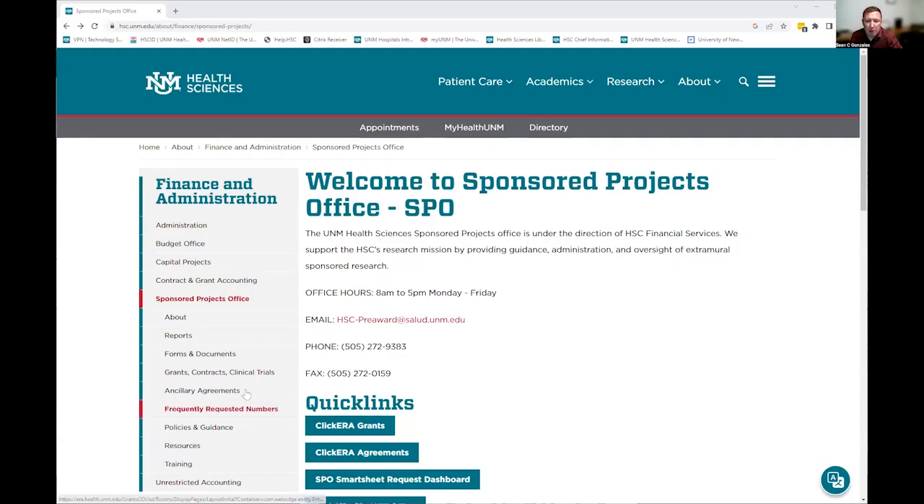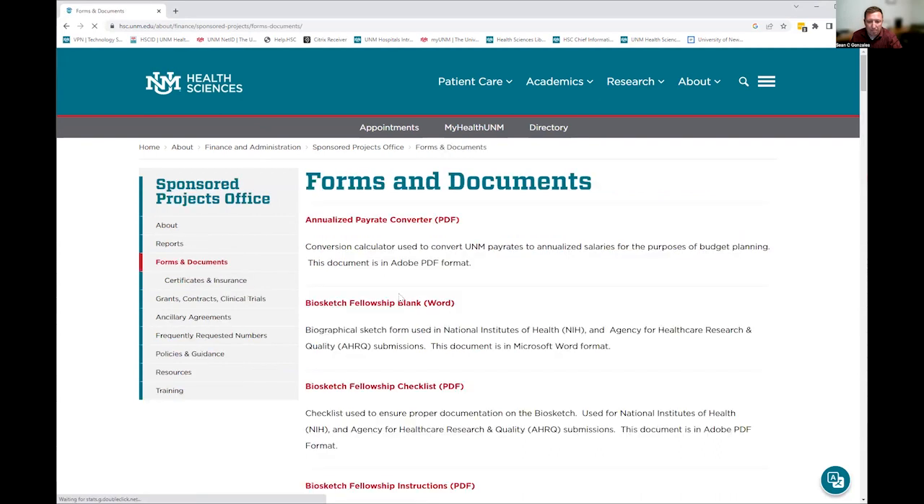Okay, let's see. So first off, I'm going to start off on our website, just to give you an idea of where to find our tool, RIBW, and you'd go to our website, which is hsc.unm.edu/about/finance/sponsored-projects. You'd actually go to our forms and documents,